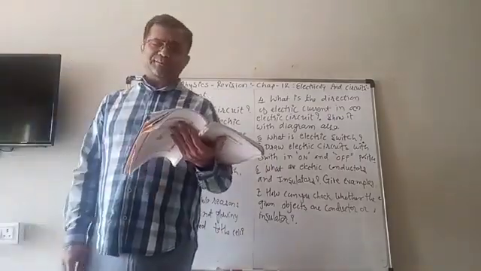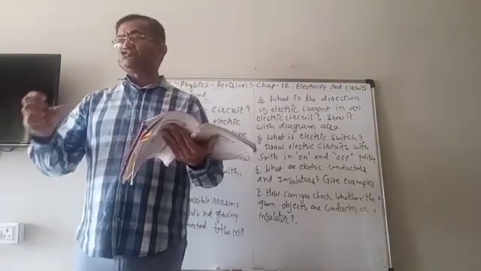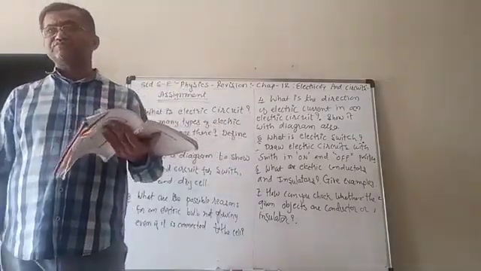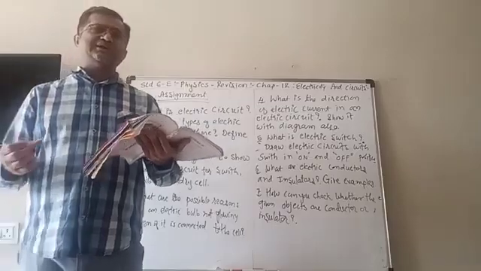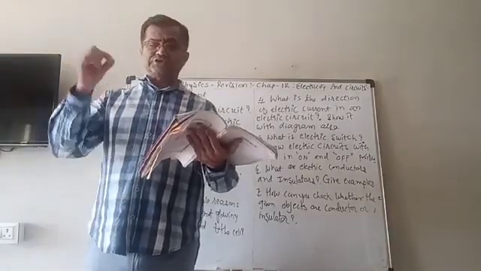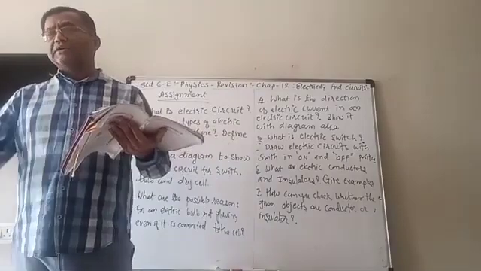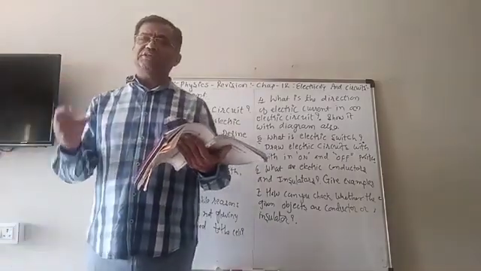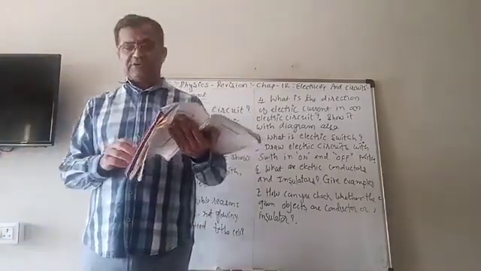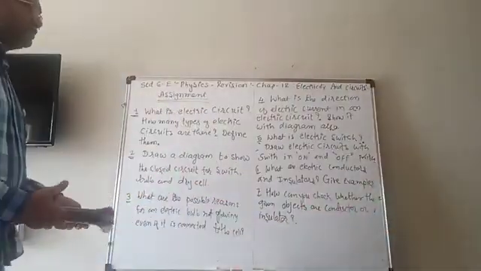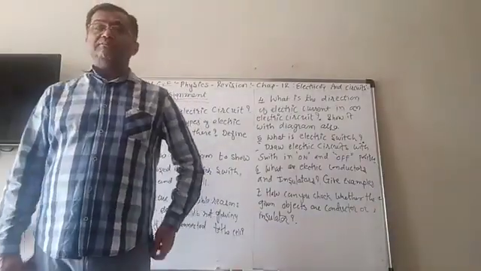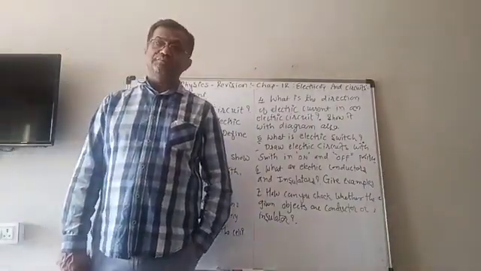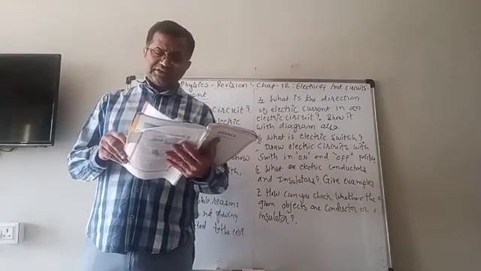Now in this open gap you can join the different materials. Now when you join the different materials, check whether the bulb is glowing or not. If the bulb glows when you join the material between those two ends, as shown in the figure here, so if the bulb glows, then it is a conductor. And when you join the material but the bulb does not glow, then it is known as